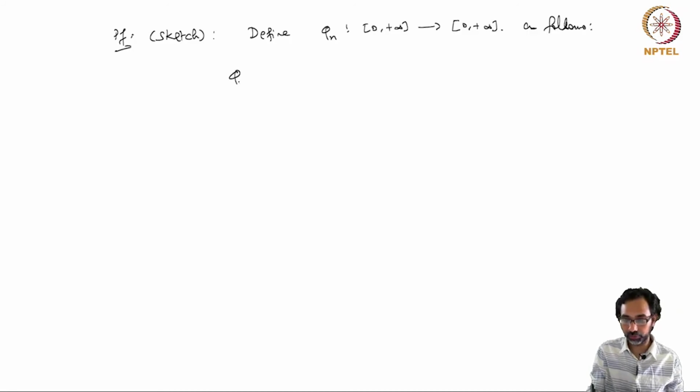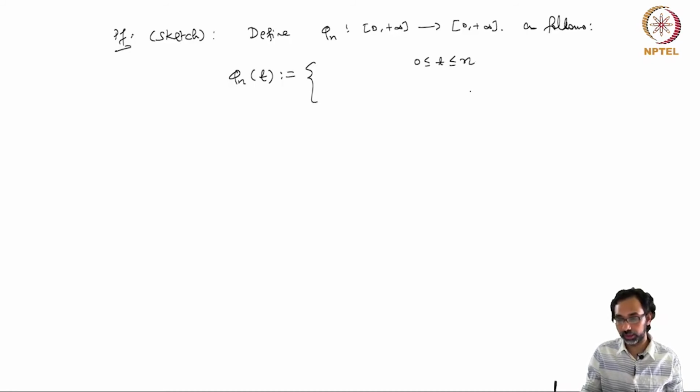We define phi_n of an extended real number t: if 0 is less than or equal to t is less than or equal to n, where n is this index here, then we can find